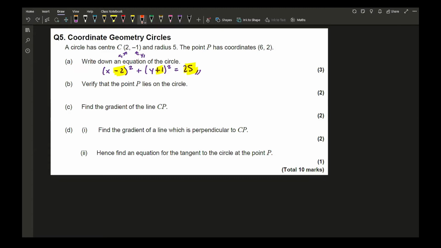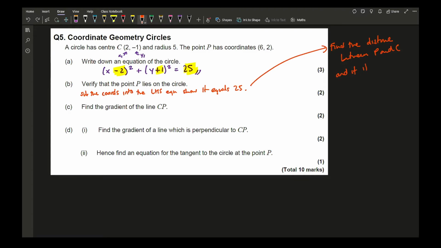You can either sub the coordinates into the equation, or the left hand side of the equation, and show it equals 25. But I would say a much preferred, alternate way would be to find the distance between E and C, and if it equals the radius, then